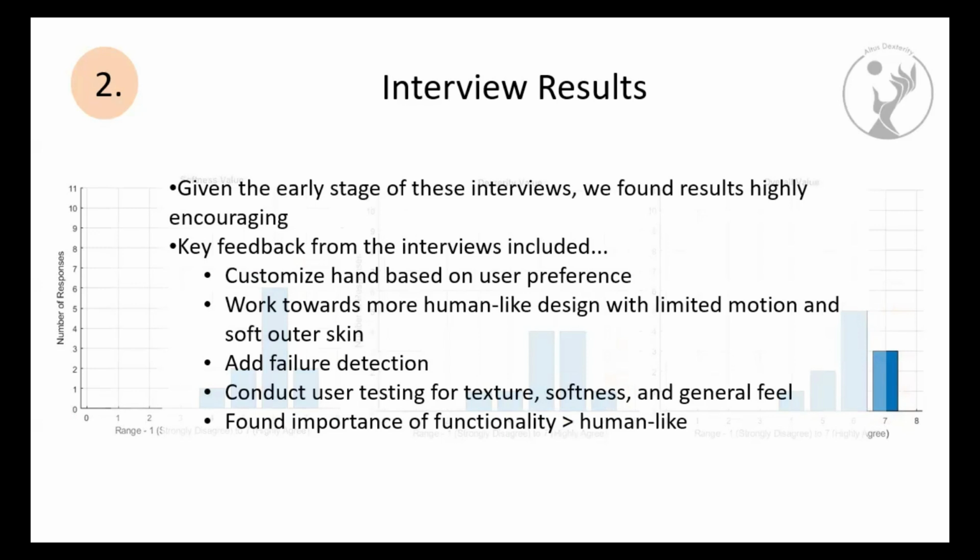We still are able to achieve a lot of these positive results with around 70 to 50, like the majority of the users saying that our ideas right now demonstrate a strong completion of our future objectives of achieving this prosthetic. And we also had a lot of key feedback from the interviews that included creating more user customization,